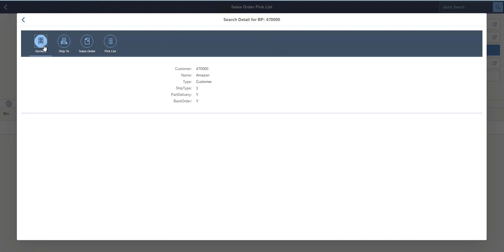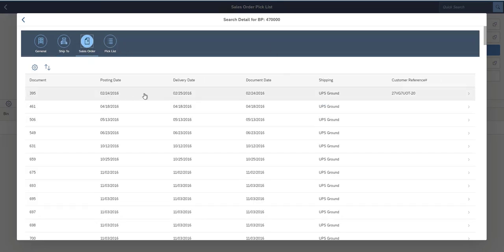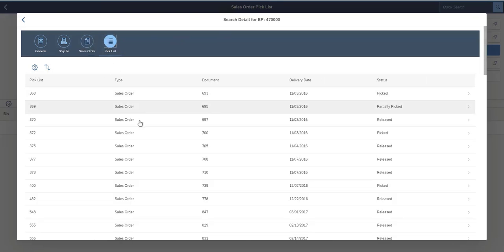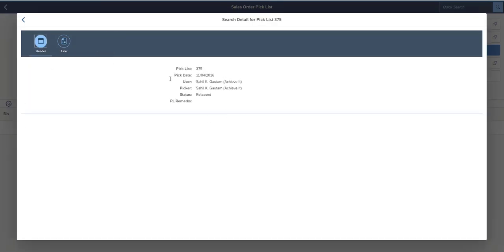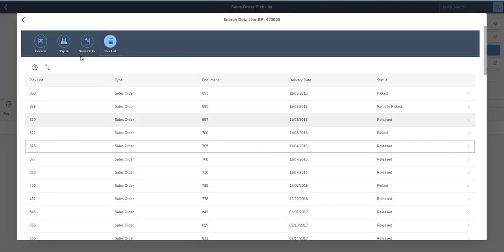And you can see when we look at business partners, we have a couple different tabs here, just some general customer information, the different ship tos, as well as any current sales orders for this business partner. Same thing with pick list. You can see both these sets of documents. And if I click on one of the rows, it will pop up an additional window showing me more information about the pick list, including the line items. So right away, just by finding the customer, I have all this extra data that I can now sift through